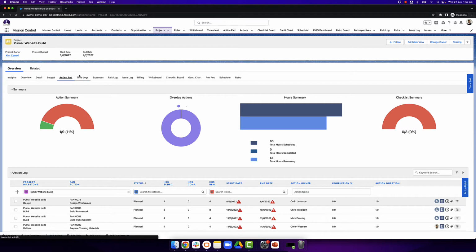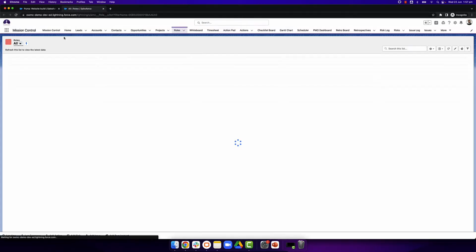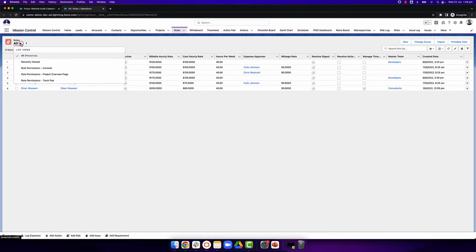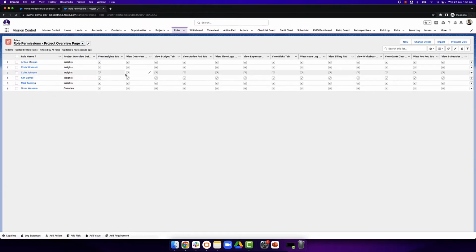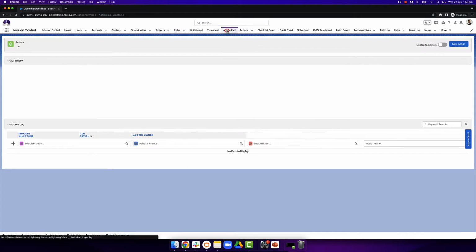If you do not have the Action Pad tab over here, you can go into the roles record for your role and first select the project overview page and make sure that the View Action Pad tab is marked true for your user. Going back to the Action Pad,